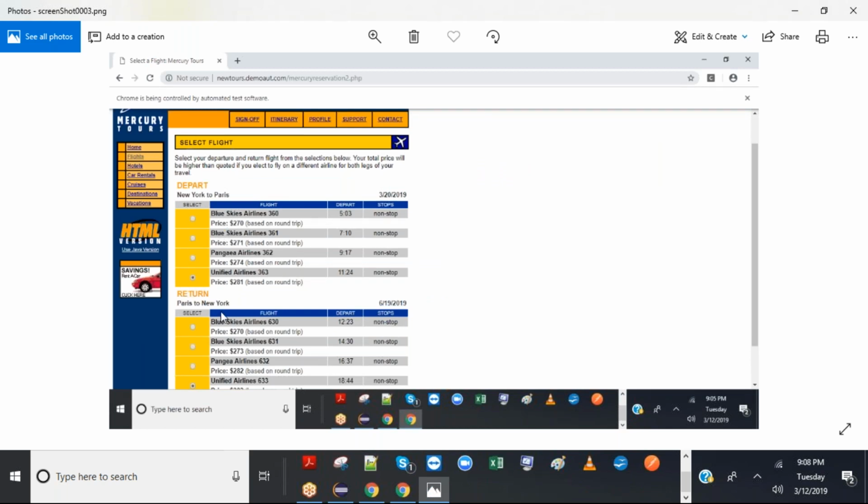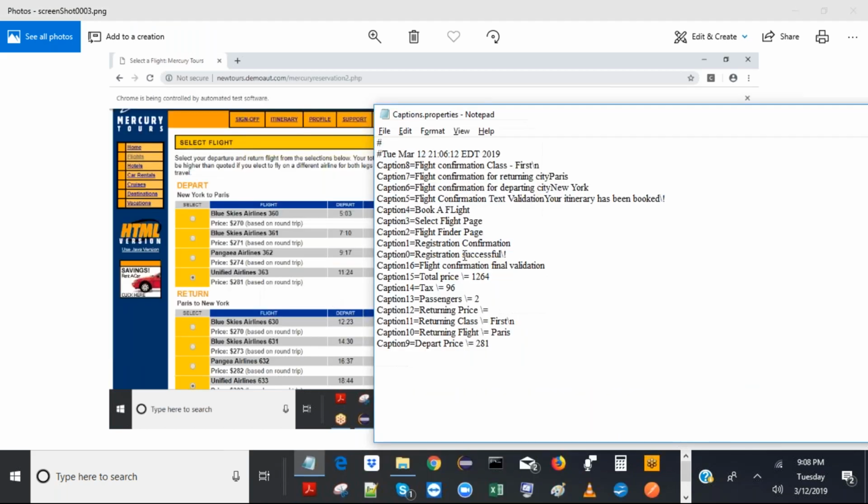Select flight page. And this is to show you have selected the flight. Once you hit the next button, it will go to the next page. By showing the next validation, that means the previous validation is successful. If you hit the next button and it loads the next page, that means the previous page was successfully entered, all the values are valid, and the next page loaded. So that itself is a confirmation.